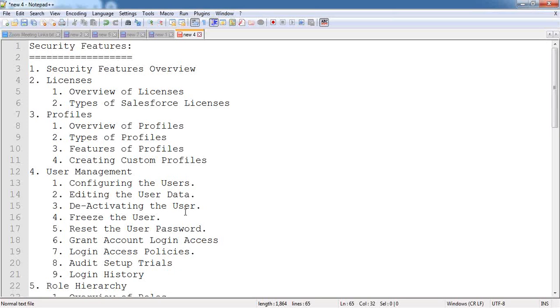Everything we'll see practically as part of this. It's a bit lengthy topic. It will take a minimum of 4 to 5 sessions completely, and we have so many features as part of the security, around 20 to 24 features. Initially we have to discuss the security features overview, and then we'll see the concept of